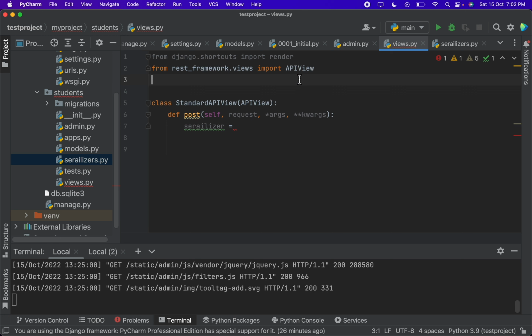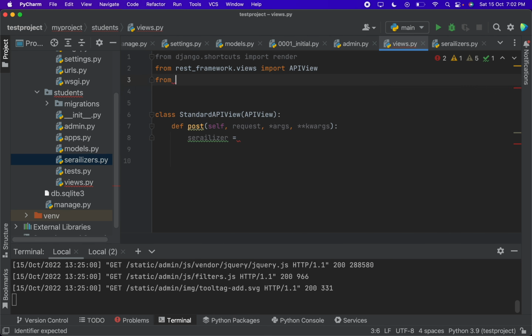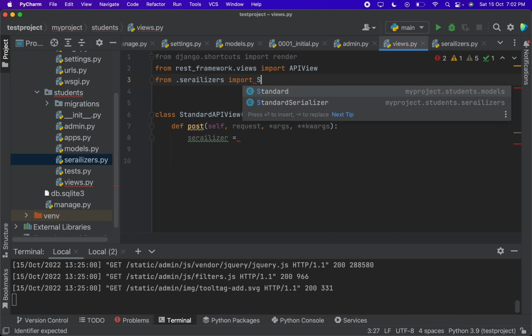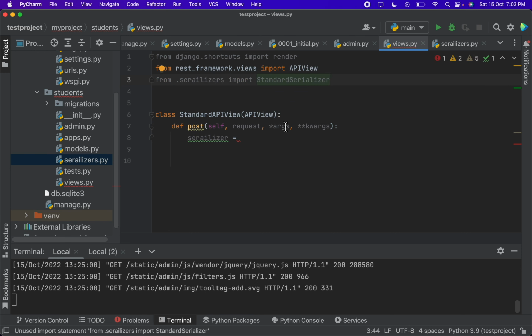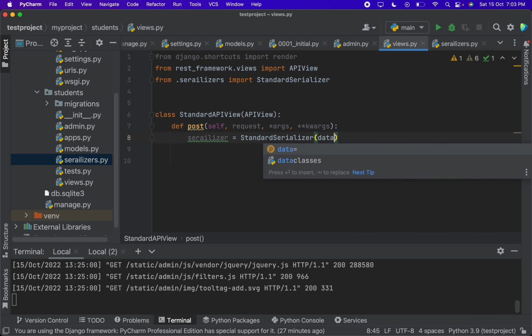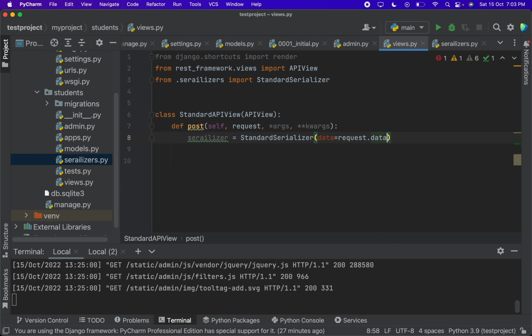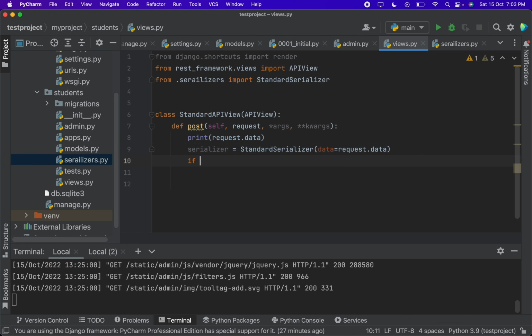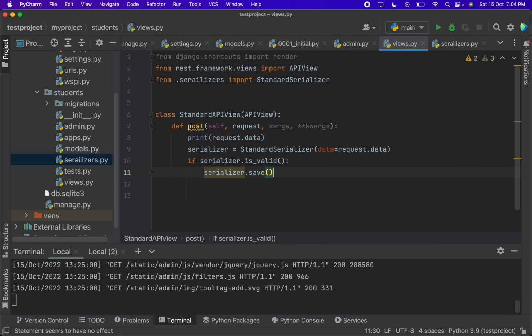Serializer equal to, let's import the serializer from dot serializers, import standard serializer, and here standard serializer, and whatever the data which we are passing from the front end in the form data is stored in the request object with a name request.data. So I can print request.data to show what is inside request.data, and here we are saying that if serializer.is_valid, then we will write serializer.save